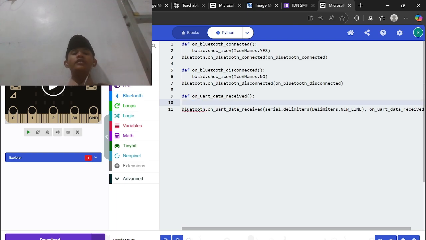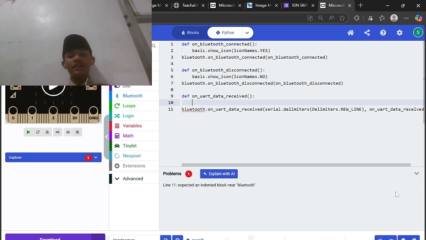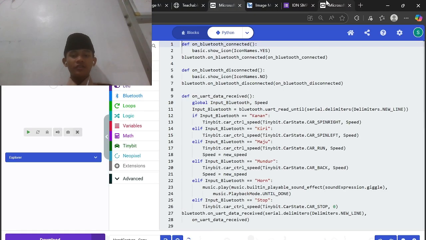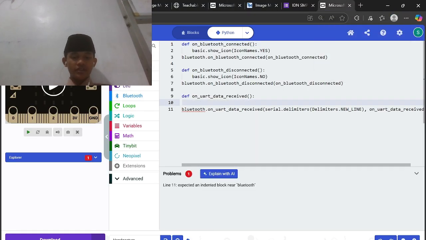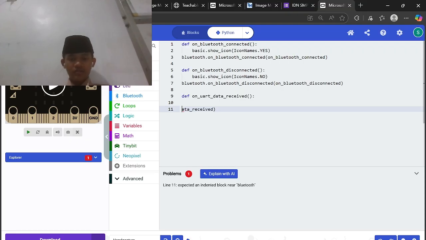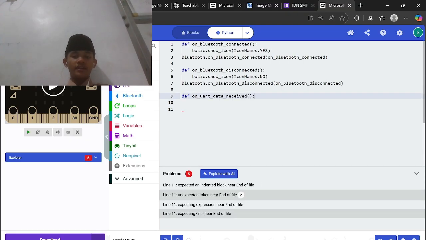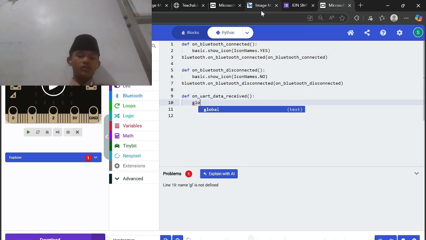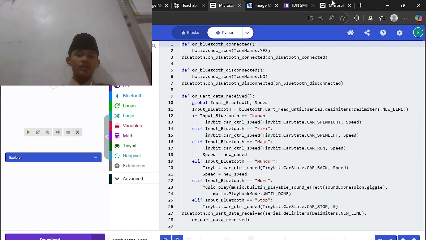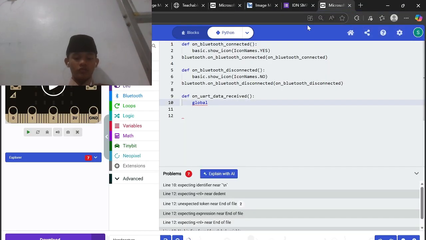When the Bluetooth is connected and the data is received, you note it first. Like this. You make global input Bluetooth. Okay, global.